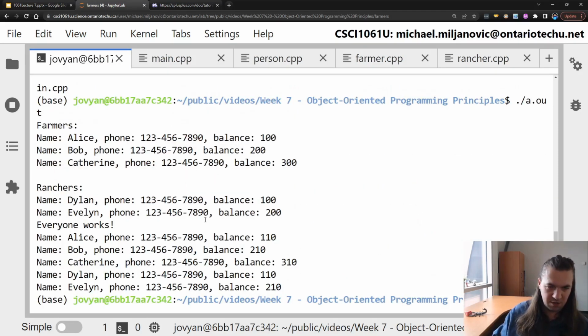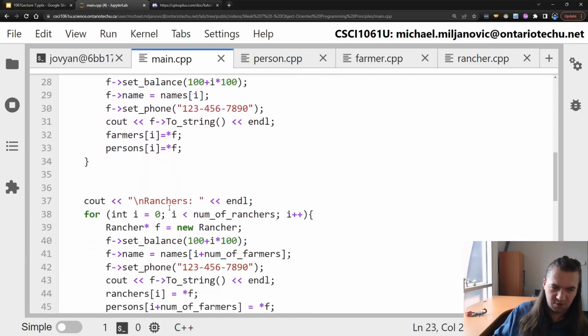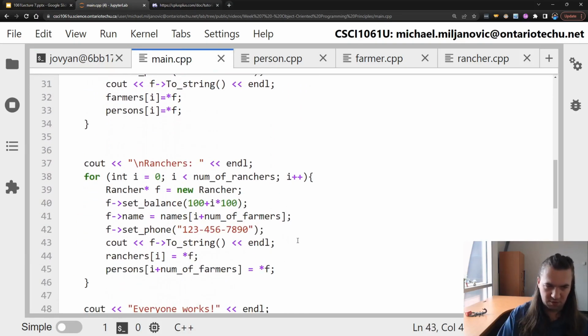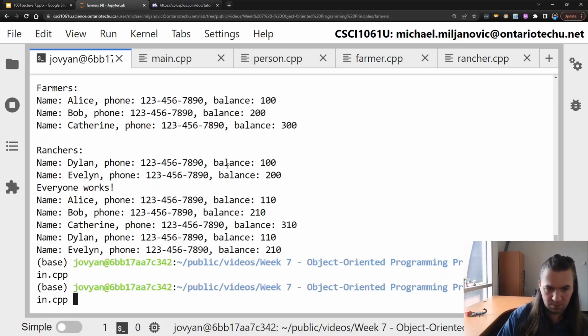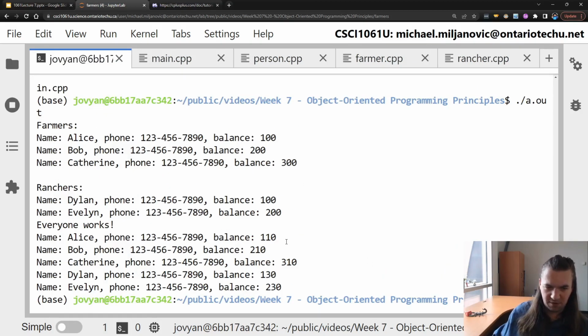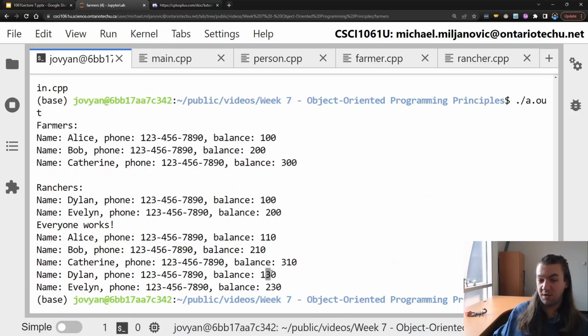Okay, so here's everybody. Everybody works. Oh, that's interesting. Okay, well, I guess that's just how this works. So you'll notice that Dylan and Evelyn are ranchers, right? If I go and I say, each of you ranchers go work. So, F work, just for fun. You'll see that their balance increased from, what was it before, 110 to 130, because ranchers work and they get